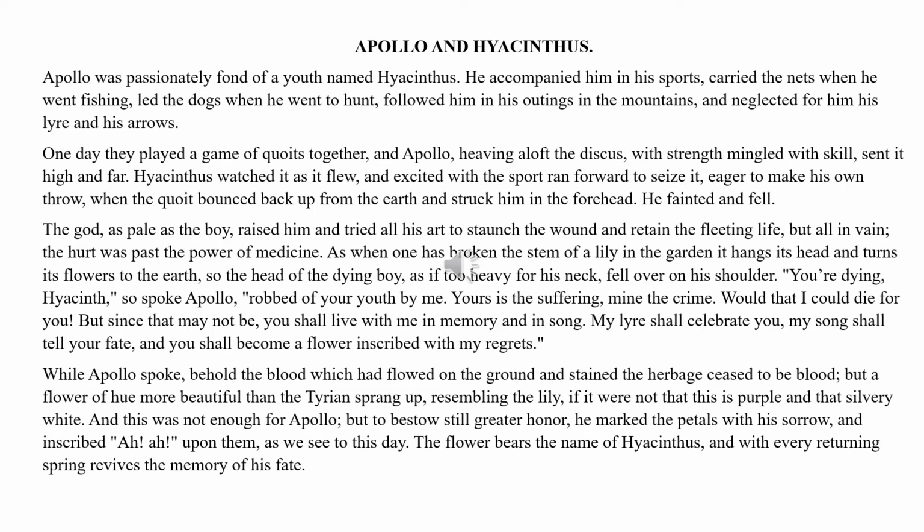Her name was Cassandra. And when Cassandra rejected his attentions, he gave her the gift of prophecy, and he made her 100% accurate. However, he cursed her, and the curse was that no one would ever believe her prophecies. And I've often thought that after so many prophecies of hers came true, how in the world did people not believe her? I imagine them sitting around a table. You know, the last 200 times Cassandra has been right with her prophecies, but I just don't believe her this time. So, Apollo was fond of Hyacinthus.